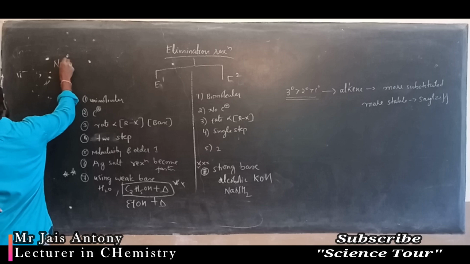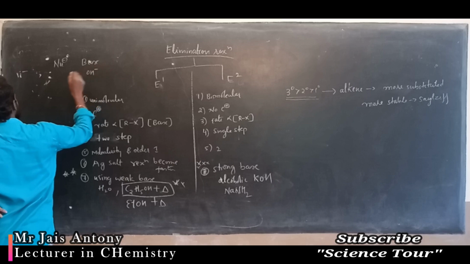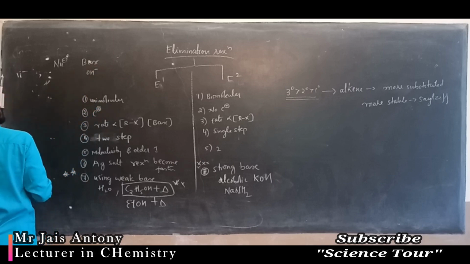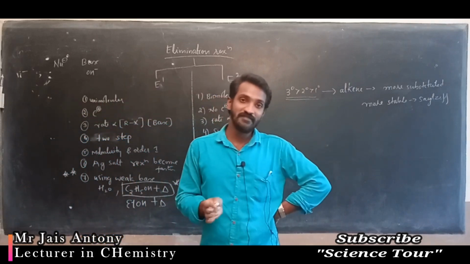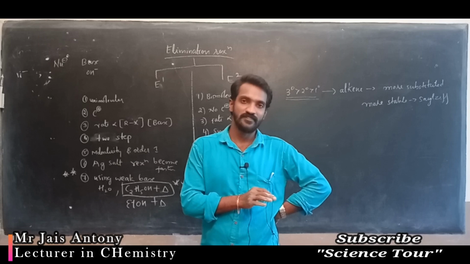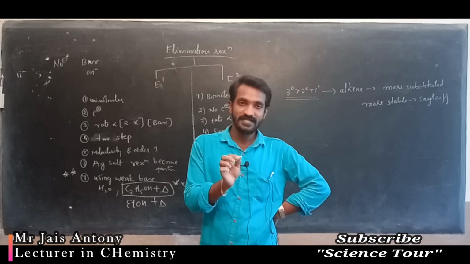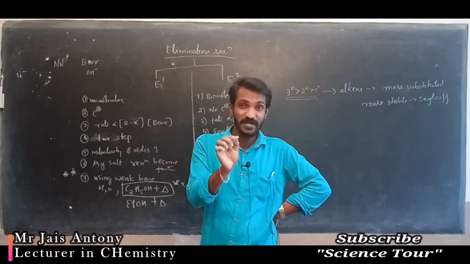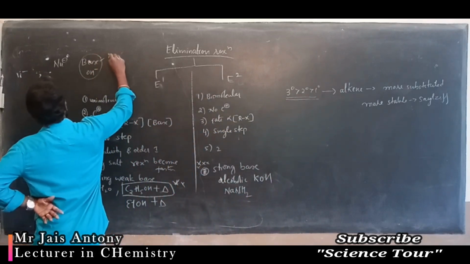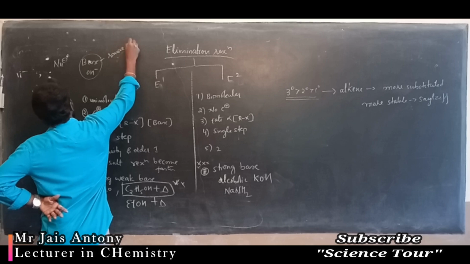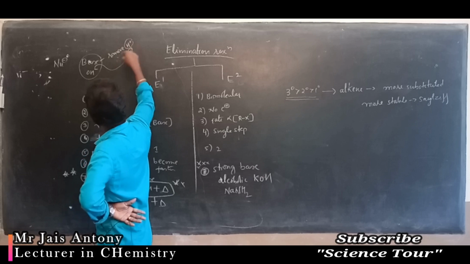What is the difference between a nucleophile and a base? For example, I will write OH minus. This is a base. OH minus is also a nucleophile, correct? What is the major difference between base and nucleophile? If you are taking any substance as a base, that base has a special property: it will remove only hydrogen. Base removes only H plus, and it is removed as water. The base goes and attacks this H plus and removes it.